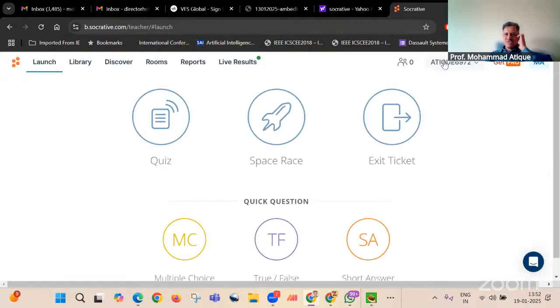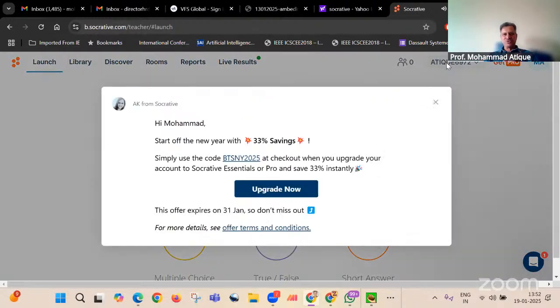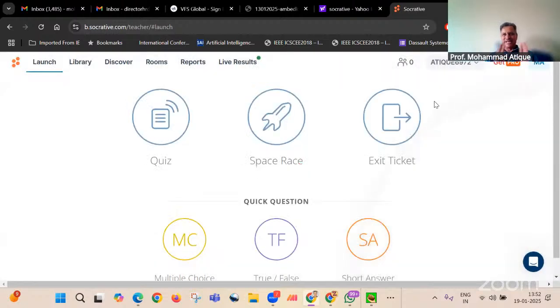All right, so this is the code I was talking about. That is Atik 6972, the code. Now it is prompting me to upgrade, because my free trials are almost done. I used to conduct sessions, so that is almost done. But we'll have a look at what can be done in this case. You can go for Get Pro. The Pro version is a paid version. There is some price for it.